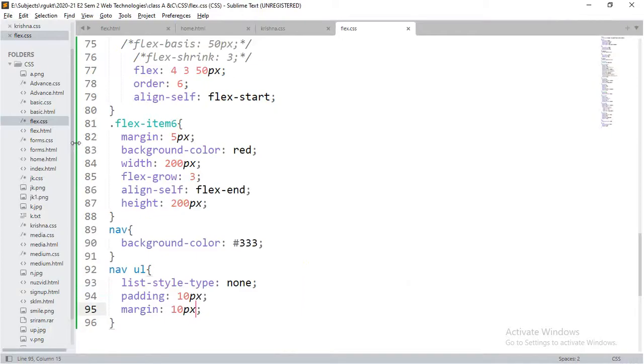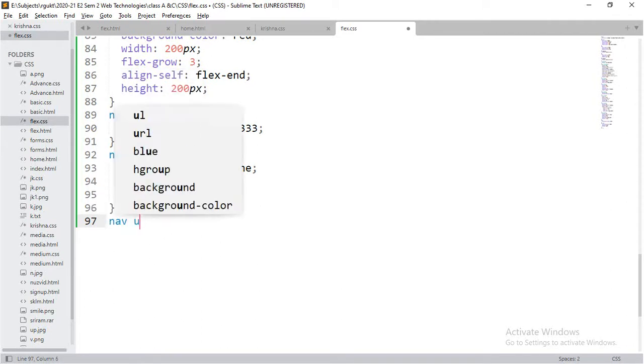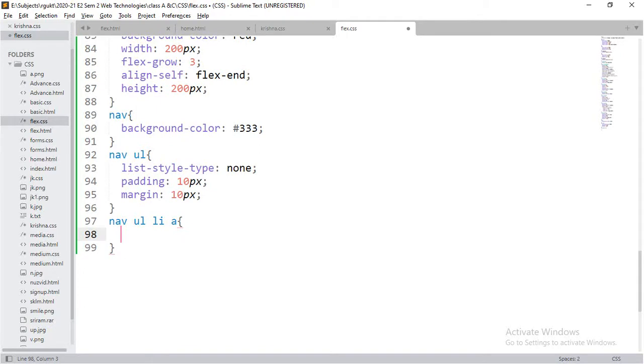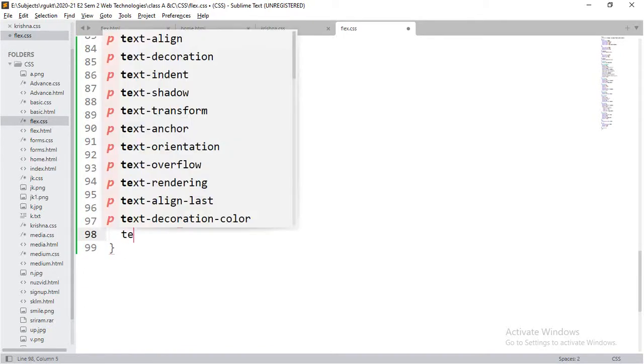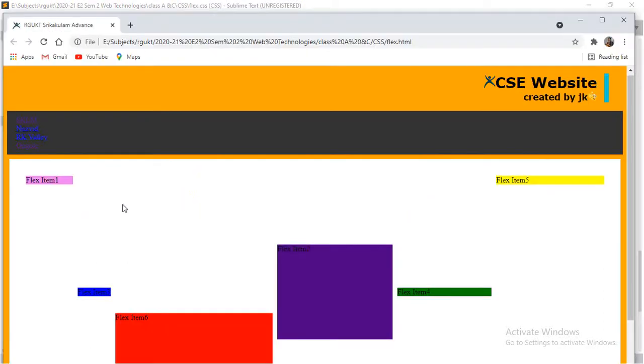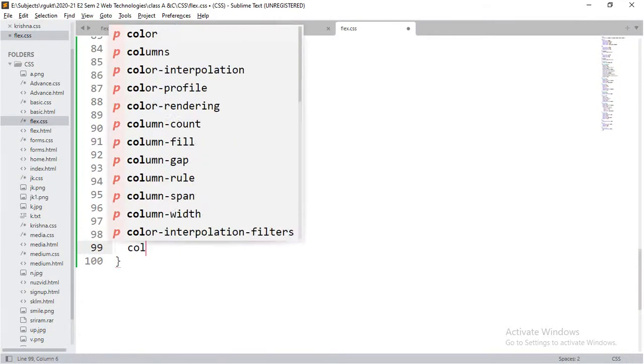And I can remove these underlines also, which are available in the anchor tags. In the unordered list, the child item in the li is the anchor tag. For this anchor tag, with the help of text-decoration, I can simply set none so that those decorations will be removed. I would like to change the colors.